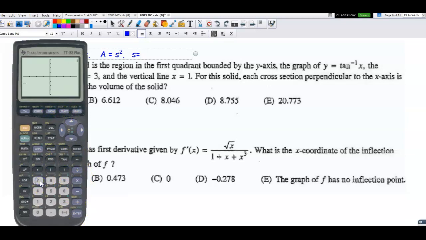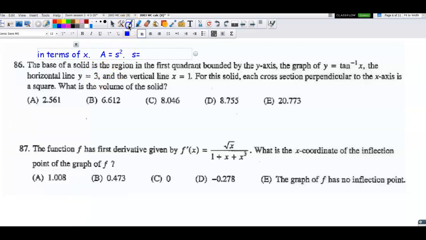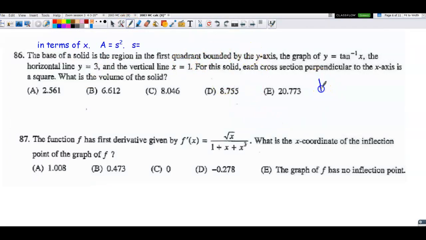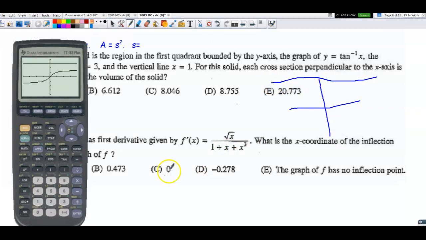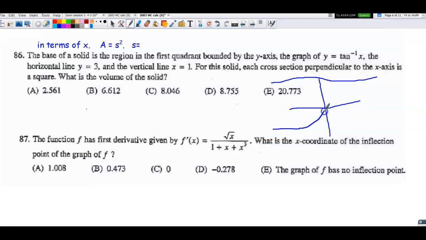Zoom, since it's trig, I'm going to do a zoom 7 window. Okay, so what that is looking like then, we're in the first quadrant. And we have y equals 3 up here. And let me pull that graph back up. And then inverse tangent looks something like this. And then we have the line x equals 1, which we don't have on our calculator, but it would look like that. I mean, it would come all the way down,